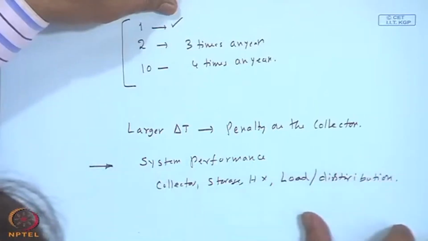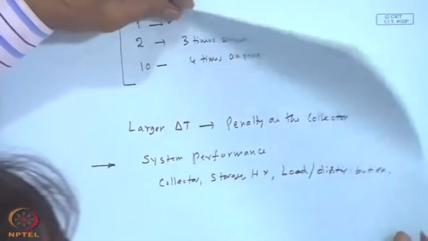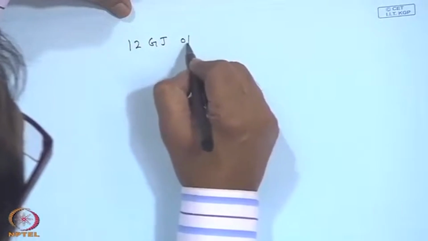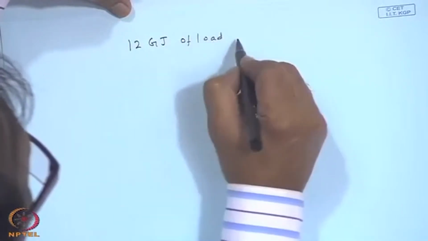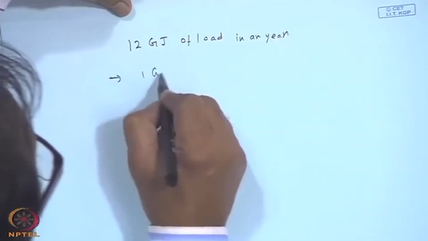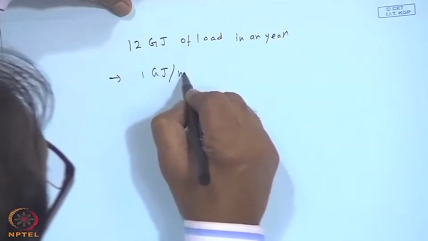This does not come explicitly in the curves I have described, but I shall illustrate this fact. Suppose you have got 12 gigajoules of load in a year. This can be 1 gigajoule every month